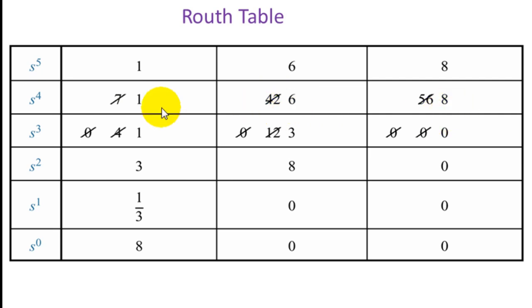So we'll again evaluate the Routh table. 1 times 6 minus 6 times 1, this element turns out to be 0. 1 times 8 minus 8 times 1, the second element is also equal to 0. So this becomes a complete 0 row. We take up the auxiliary equation s to the power 4 plus 6s square plus 8 is equal to 0. Then we evaluate the complete Routh table.